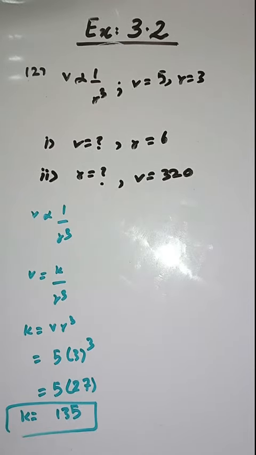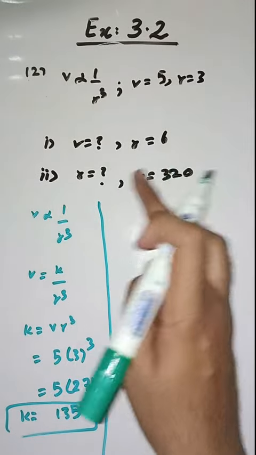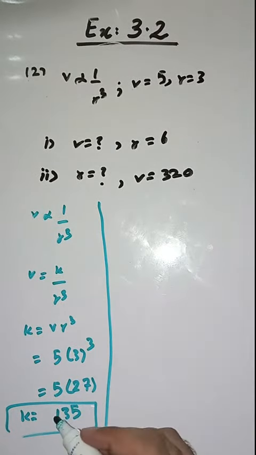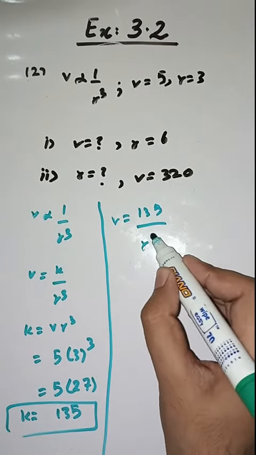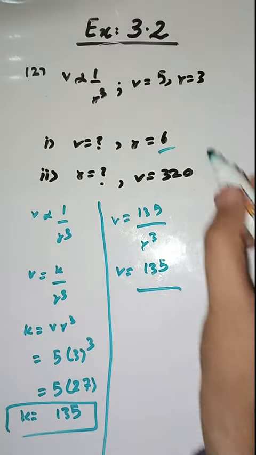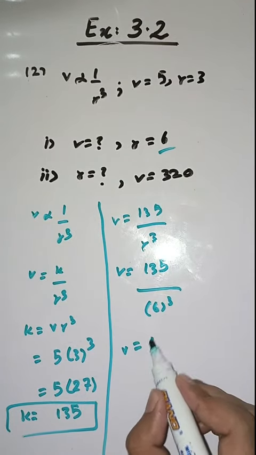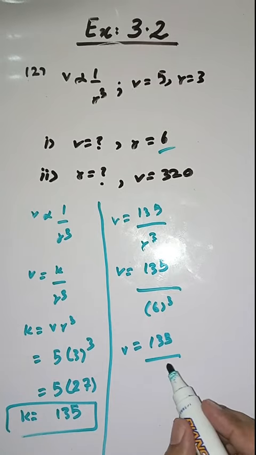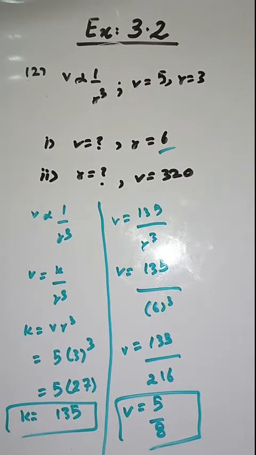सो k की वैल्यू हमने फाइंड कर ली है। नेक्स्ट इज के find the value of v when r is equal to 6. So we put the value of k in this, we get v is equal to 135 over r cube. हमने v फाइंड करना है, तो एज इट इज रहेगा 135। r कितना गिवन हमें 6 क्यूब। सो v is equal to 135 over 6 cube is equal to 135 over 216. So v is equal to 5/8. So v की वैल्यू हमने फाइंड कर ली है। पार्ट 1 भी हो चुका हमारा कंप्लीट।